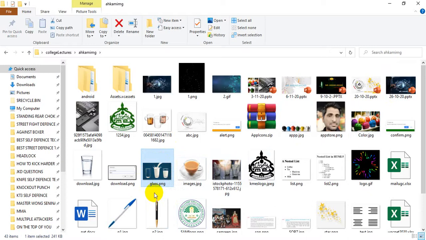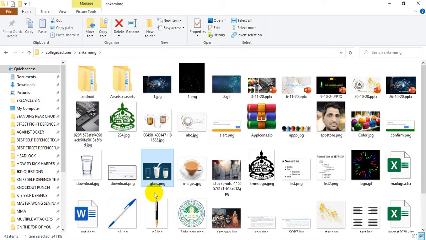Before adding any image, audio or video, if you are going to insert any file, students, please, before adding, you have to open that file first. Why? Most of the time it happens that the image, audio or video which you are going to insert in your web page is corrupted for some reason.